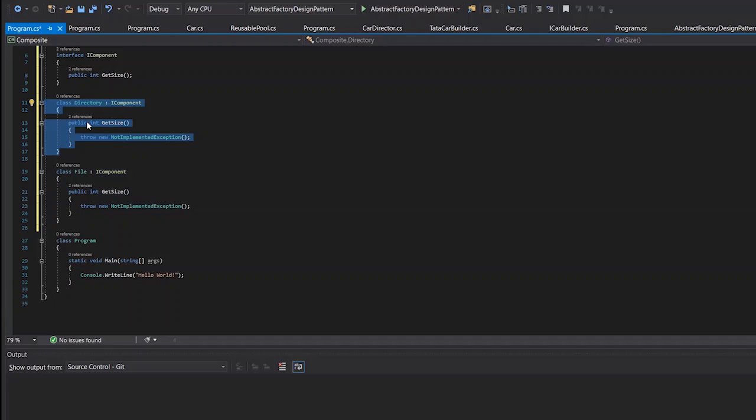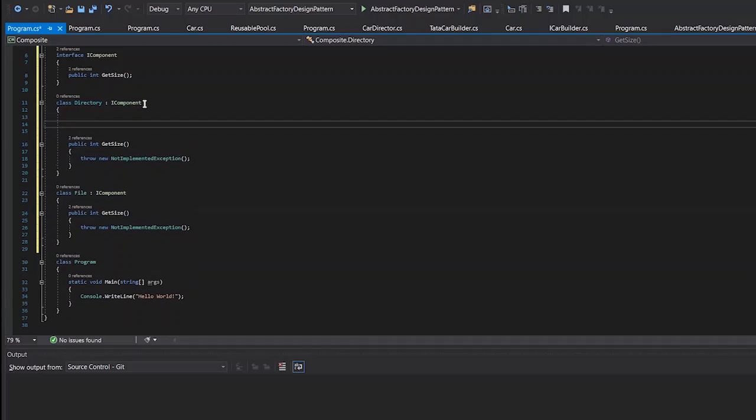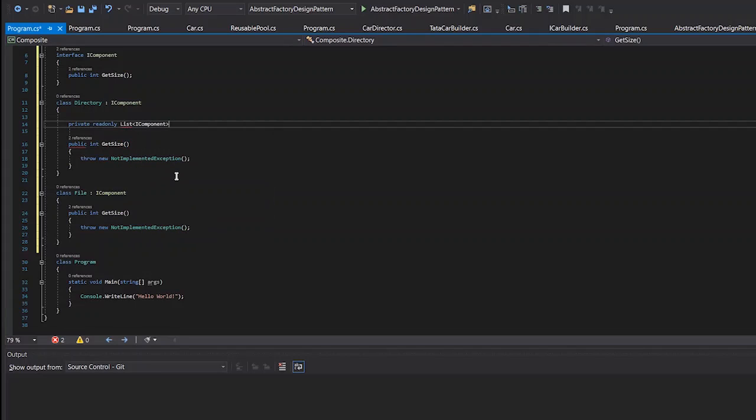So to have that, let's create a list of directories or components. So I'll create a private readonly list of IComponent, and let's name it components. So here we have an empty list of IComponent.